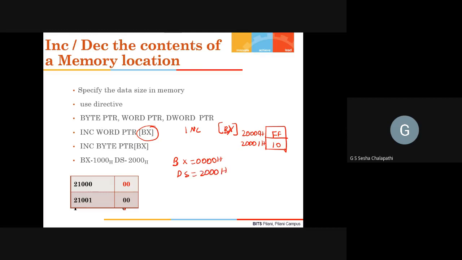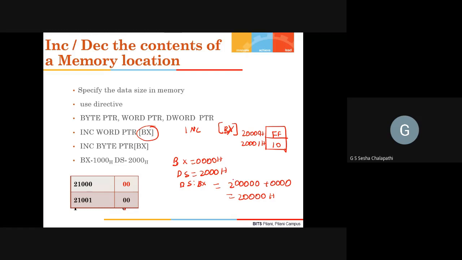Now, when I say increment BX pointer, it will understand that DS should be combined with BX. When DS is combined with BX, what will be the address that will be generated? That will be 20,000 plus 0000, so that will be 20,000H. Okay, fine. This is the location that BX is pointing to.